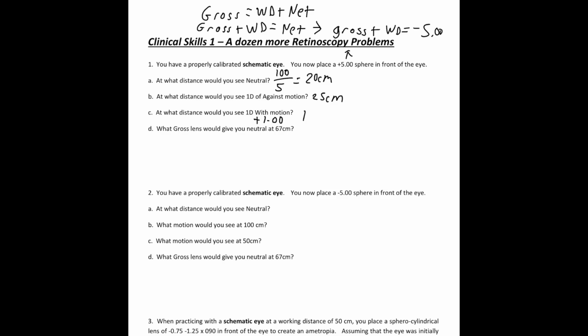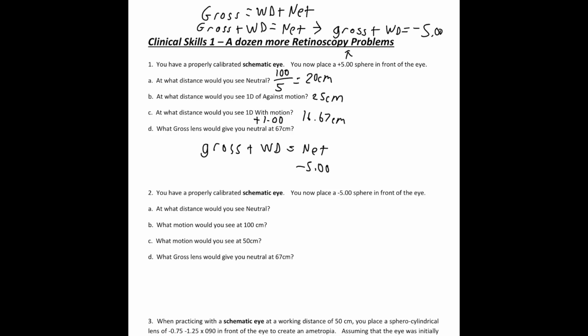So our answer is 16.67 centimeters. Okay, and then at what gross lens would you see neutral at 67 centimeters? Okay, so in this case, I'm going to keep using my backwards version of the formula. So again, we have gross plus working distance equals net, and we know our net is -5, and our working distance is 67 centimeters, and that correlates to, so I'm doing 100 divided by 67,